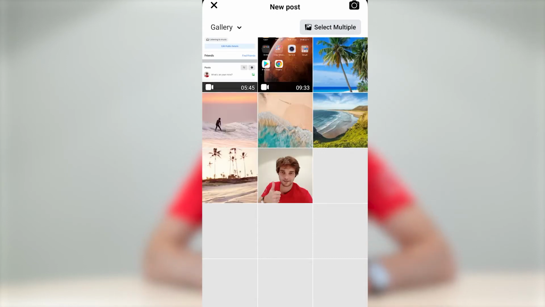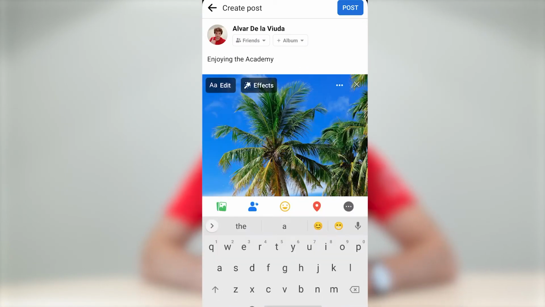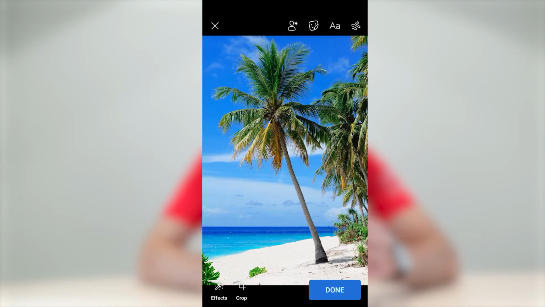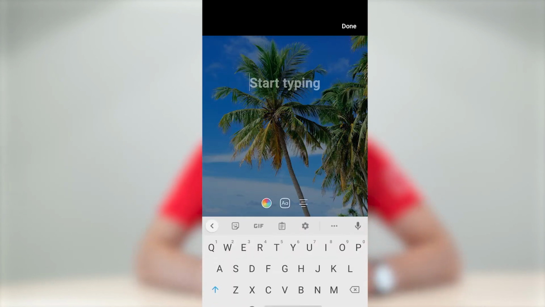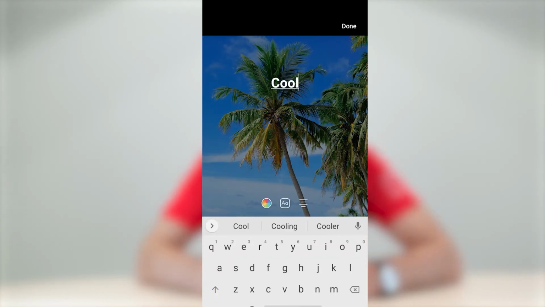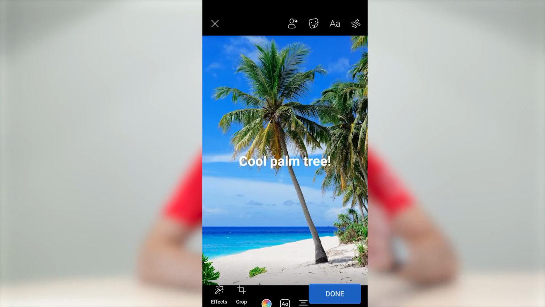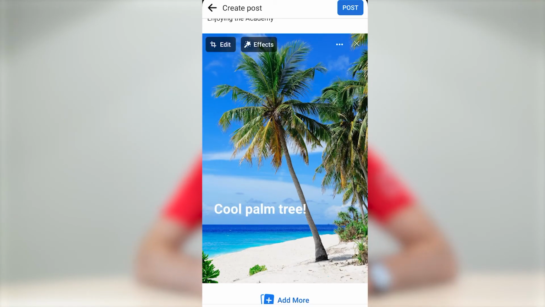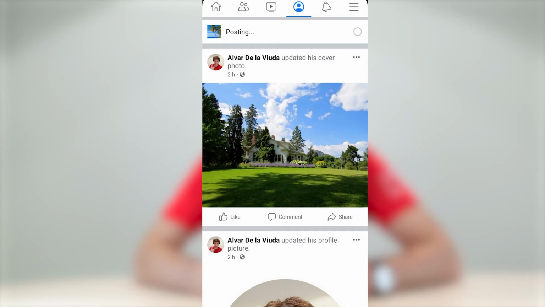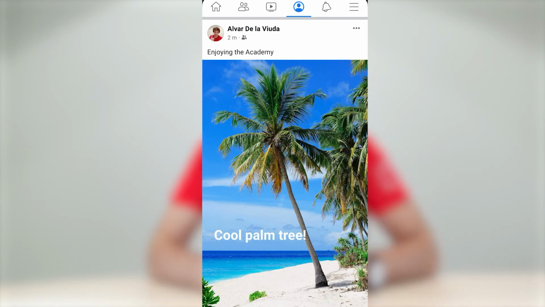So here we go. Let's add this one, for example. So here we can add some captions, for example. And now all we have to do is click on post. So here it is, our first post on Facebook.